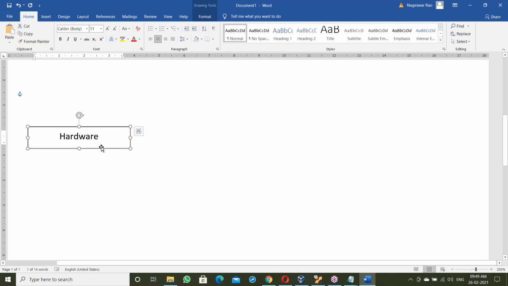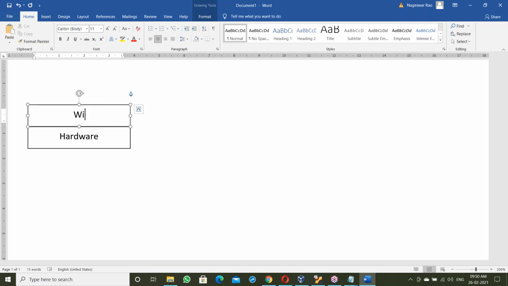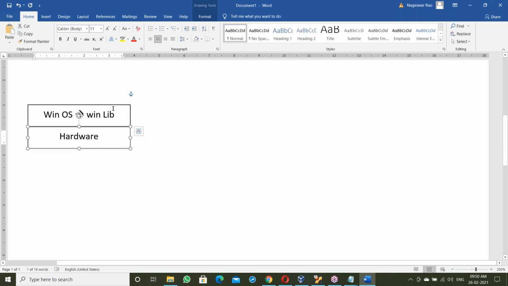On top of hardware, there is an OS, for example, Windows OS with the Win library.